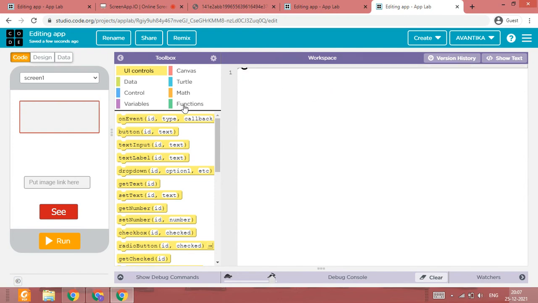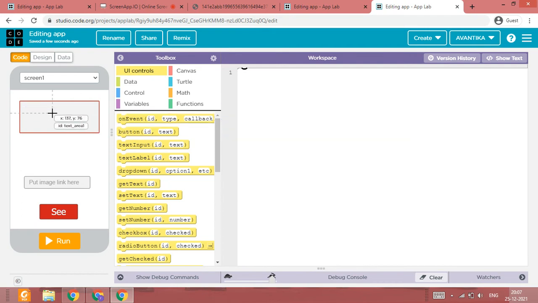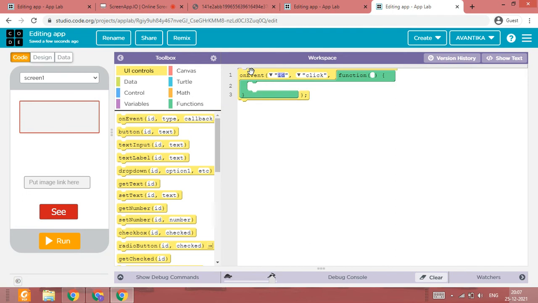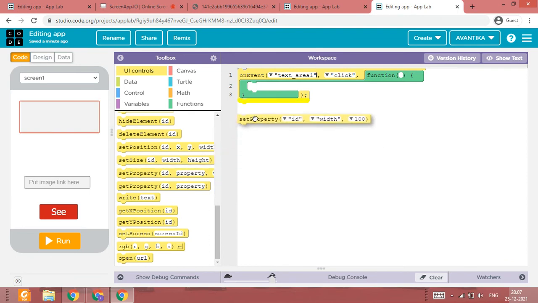The first thing we want is when I click on this text area here, I want its font size to increase, right? So drag this on event here, the first block here in UI controls, and change its ID. So this ID here is text area. So when text area is clicked, I want its font size to increase. So scroll, and then you'll find this set property key. Drag it inside this block, and set property is